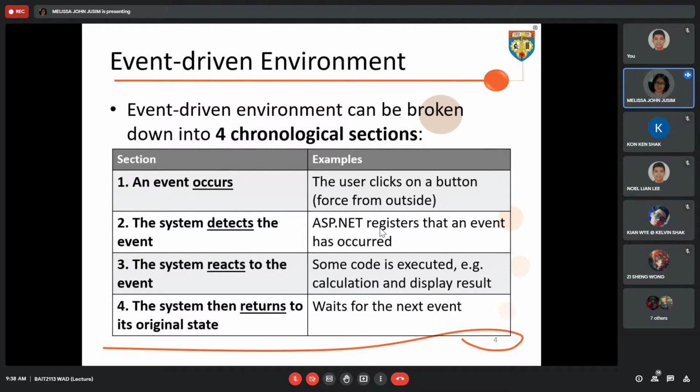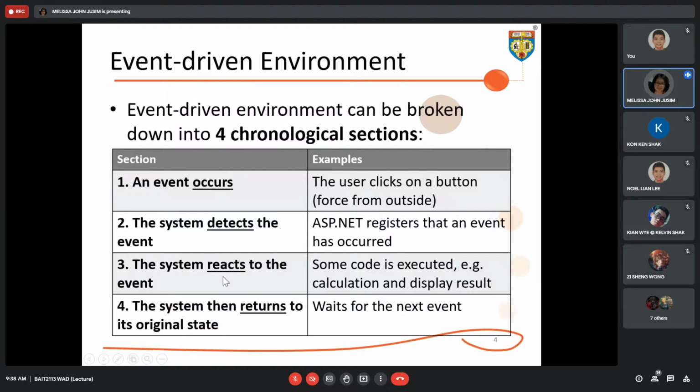For a GUI app using Java, previously Shak and Alvin and the rest of the DIS students, you have learned event-driven programming using Java as your language, where in Java you need to register, you need to add a listener to listen to the event. For ASP.NET, the system should detect the event first, meaning it needs to register that the event has occurred.